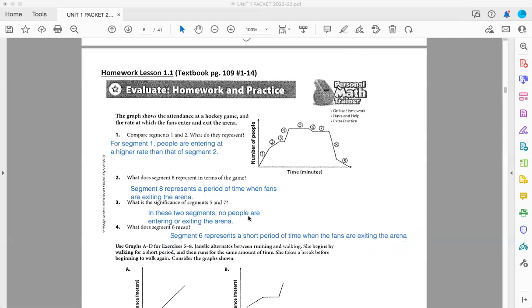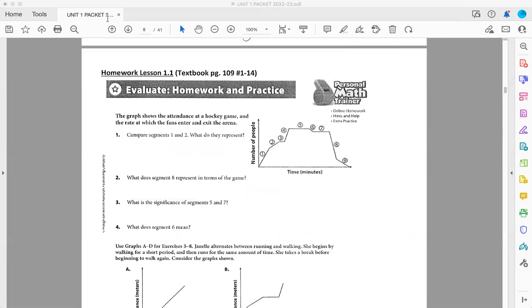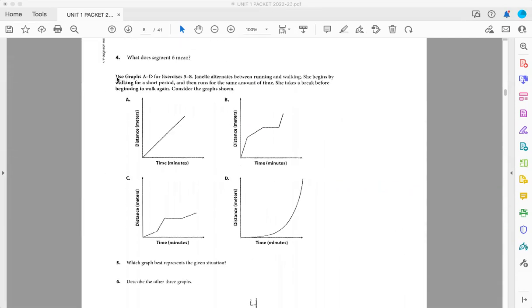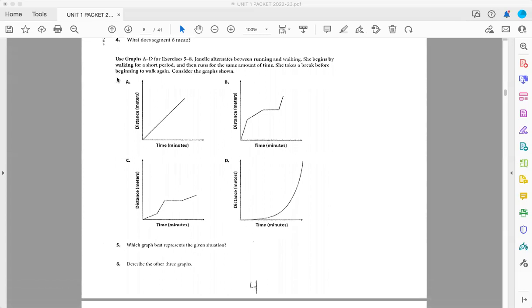Okay, so these are numbers 1 through 4. Moving on, use graphs A through D for exercises 5 through 8. It says Janelle alternates between running and walking. She begins by walking, so we have to make sure we understand the setup. The beginning is walk. So we start by walking,